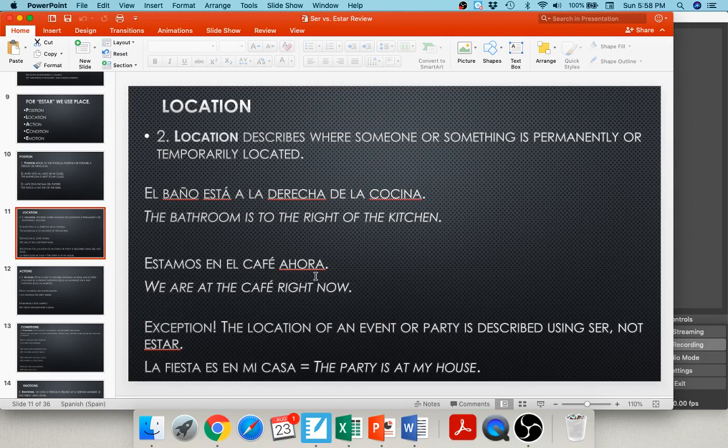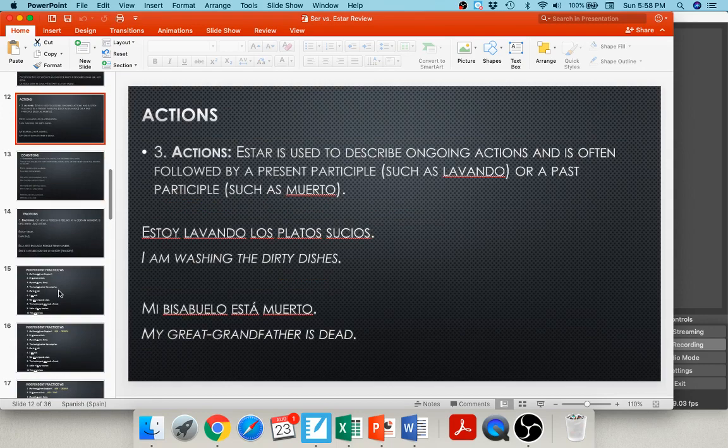"Estamos en el café ahora." We're in a cafe right at the moment. That's our temporary location. So on and so forth. This is the tricky one. The A of PLACE refers to actions, and generally, these are ongoing events, typically written with a gerund in English,